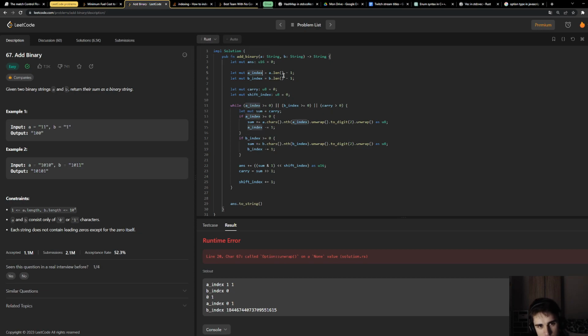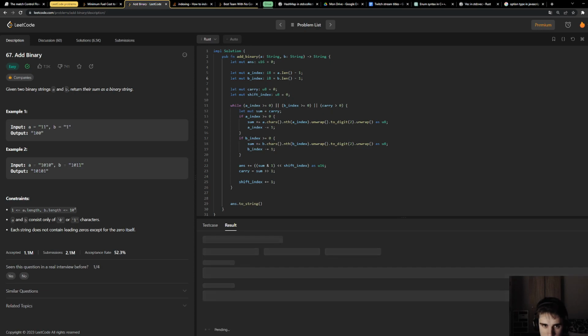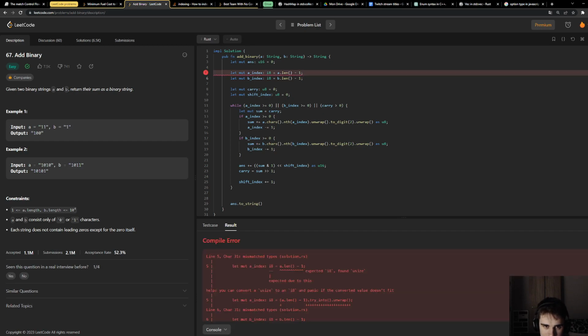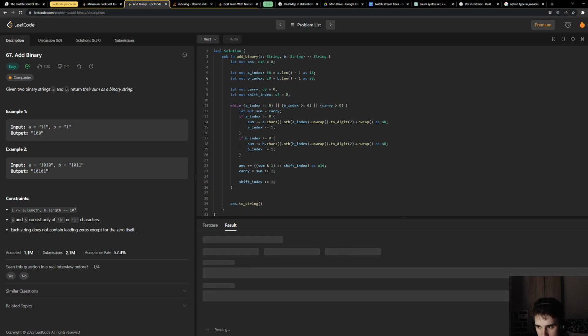And actually I should also prefix this as u8. I could use this, which would solve the problem. Yeah, I think I will take this solution actually, because it's not that worse.